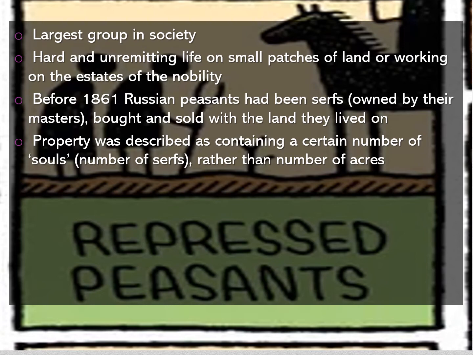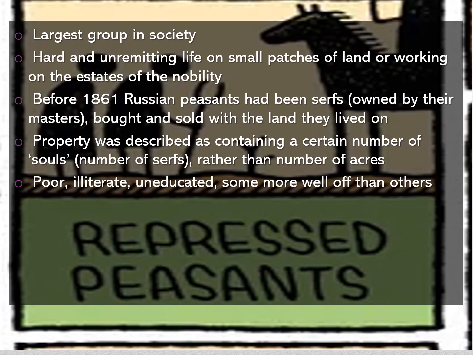Poverty and things like that are very common with the serfs and with the peasants later on as well, so that's something to keep in mind. The property was described when it was sold as containing a certain number of souls, which meant number of serfs, rather than the number of acres that you were selling. So that was the main selling point. So literally these peasants had in the past been bought and sold, no better than slaves really, or marginally better than slaves is probably a more fair way to put it.